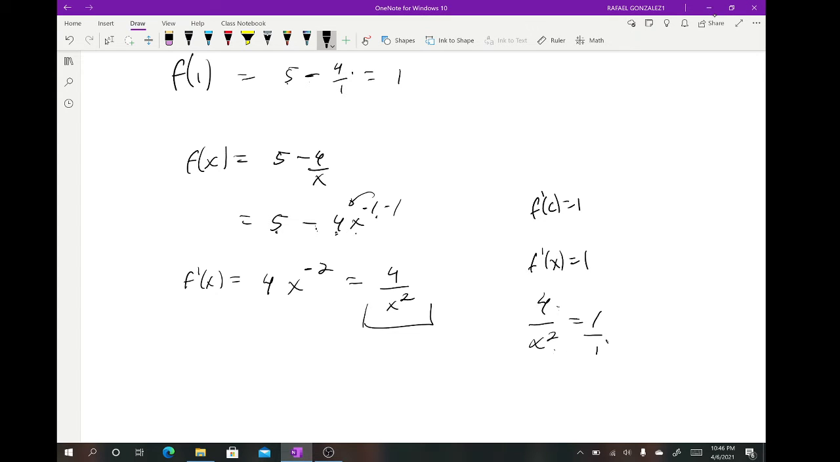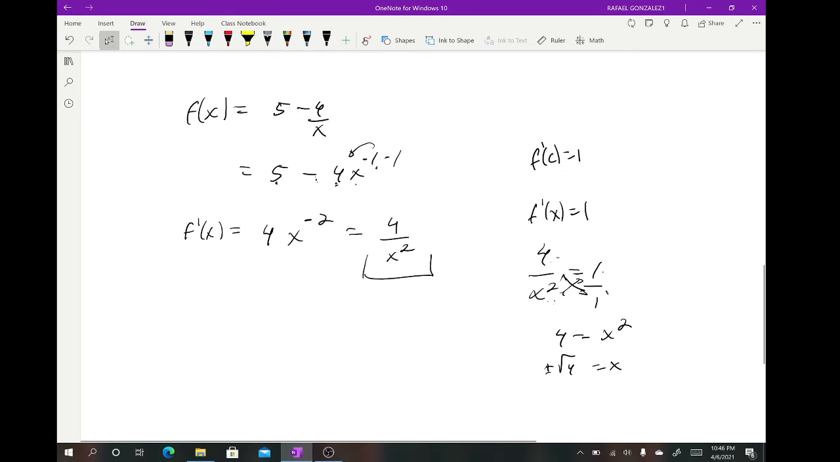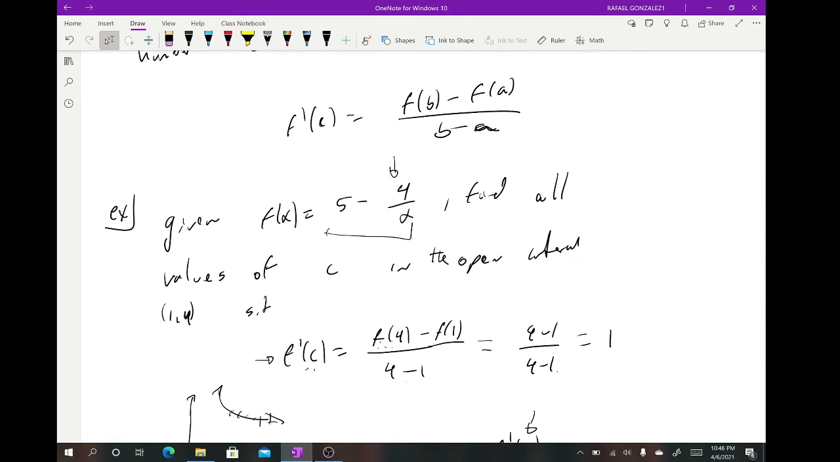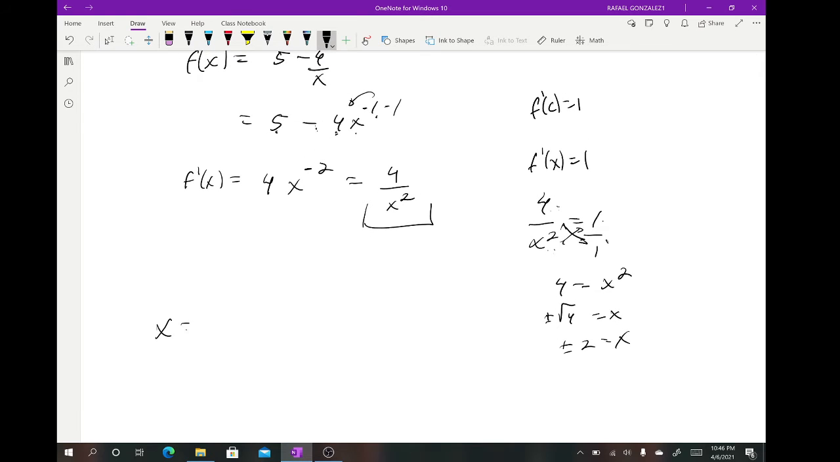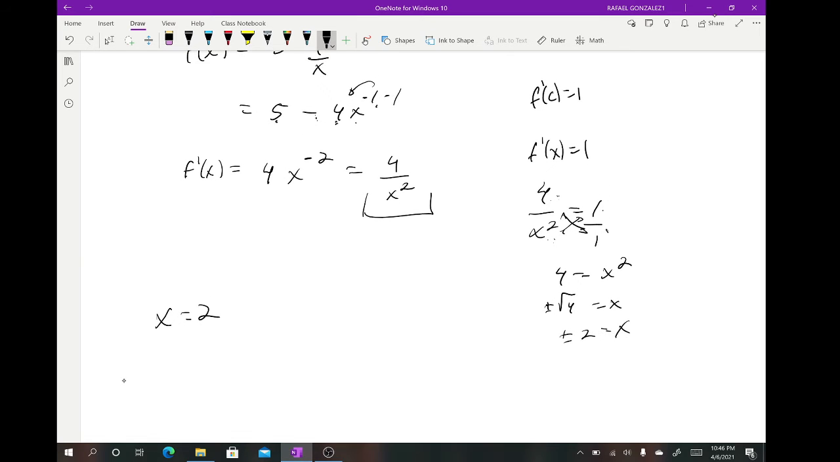Now because we have an equal sign here and we have two fractions, we can cross multiply. So we have 4 times 1 is 4 and 1 times x squared is x squared. And if we take the square root on both sides, we have plus or minus square root of 4, which equals plus or minus 2. So x is equal to plus or minus 2. However, keep in mind we're working inside of an interval. So only one of those answers is actually going to be correct because we're working on the interval 1 to 4. So only the positive answer, x equals 2, will work here. Okay? So that means that by the mean value theorem,